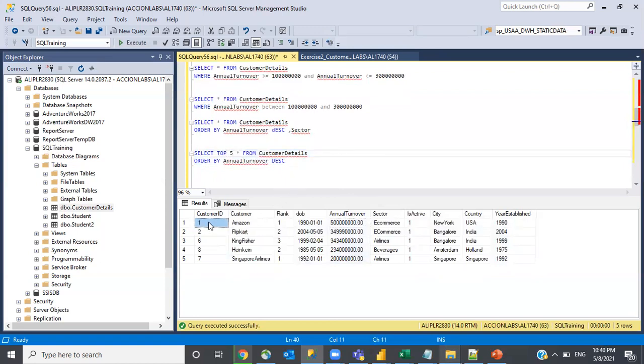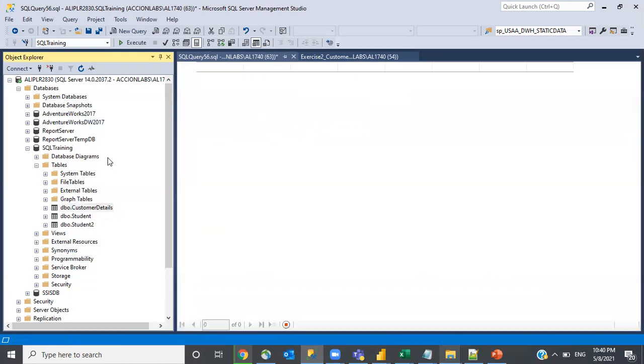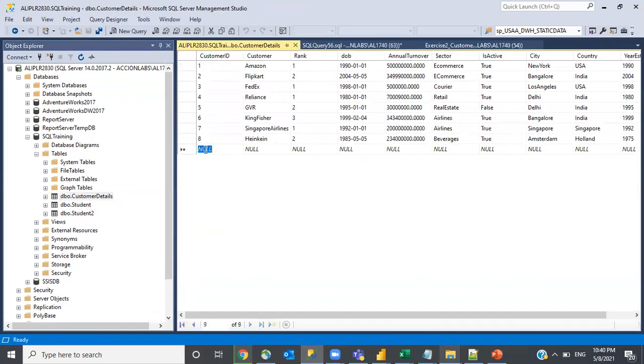And let's imagine you have one more record same like this. I'm just adding one more detail, editing this table. I'm trying to make a duplicate record, Amazon, like the first record. I'm trying to replicate the same thing.